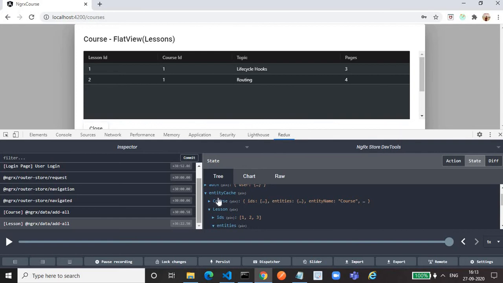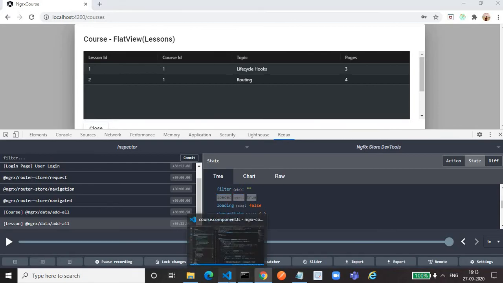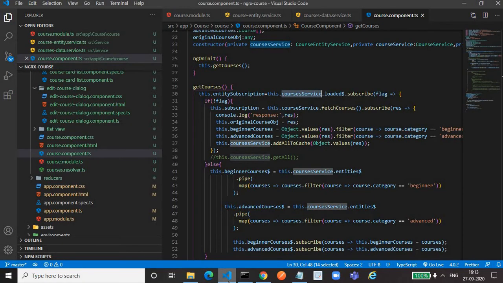For every entity there is a loaded flag, and I told you we will utilize that loaded flag. This is the loaded flag for conditionally fetching the data from the database. Once again I am explaining, this loaded flag will be true if we have data in the store. If you don't have any data in the store, then it is false. So this we can utilize for conditionally calling the API.